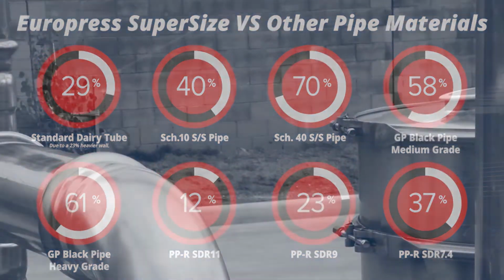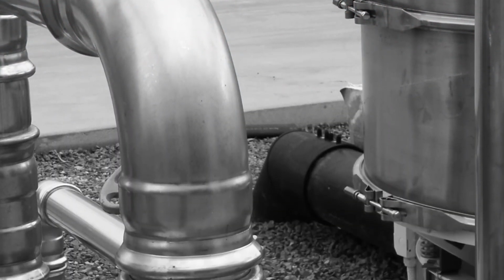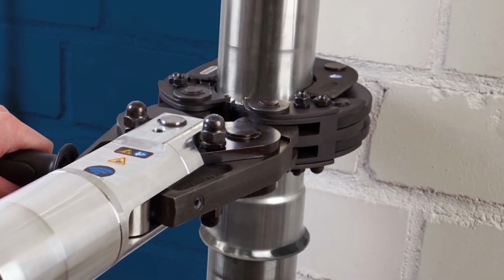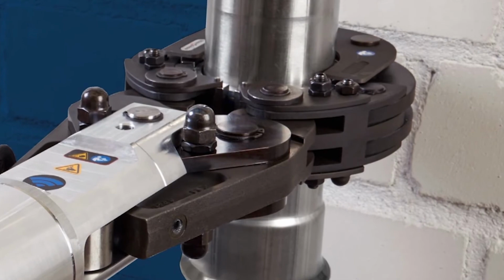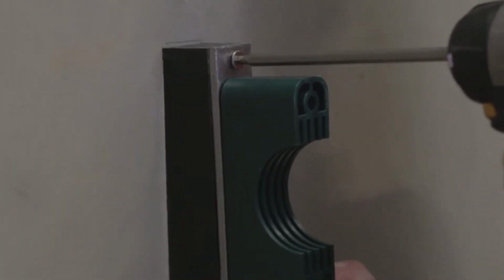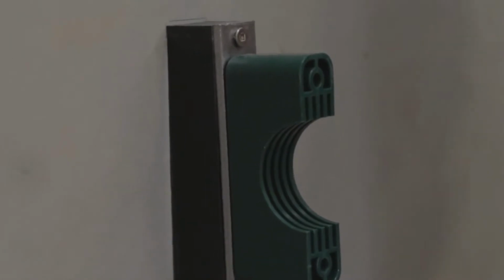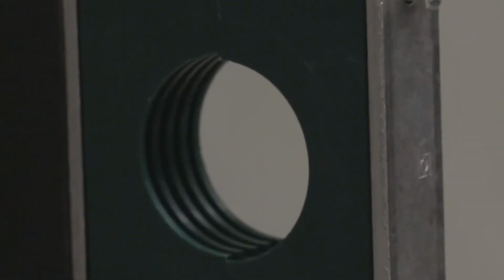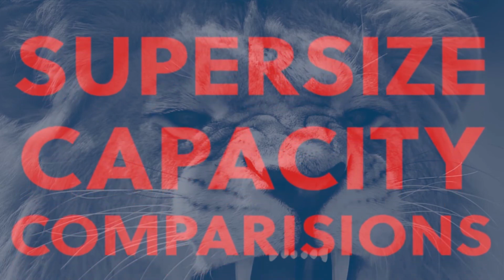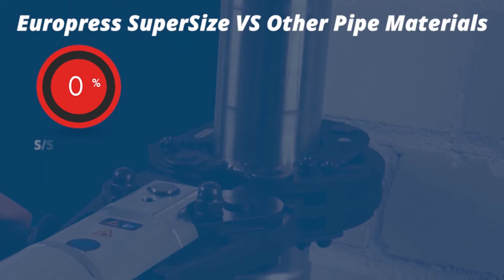For an installer, the lighter weight makes installation easier, especially when working at height or in a confined space. From a design perspective, the lighter weight reduces weight loadings on bracketing, which in turn can reduce bracketing costs and associated seismic requirements. From a capacity perspective, on average across the two sizes, Europress Supersizes offer a 9% larger bore